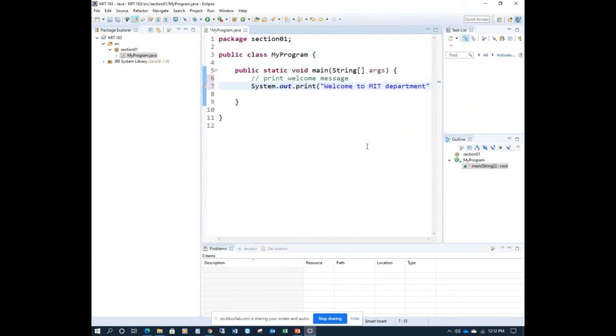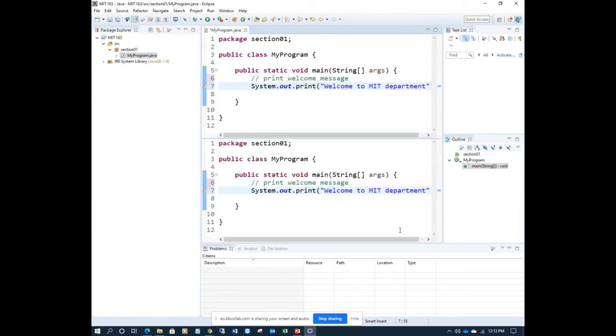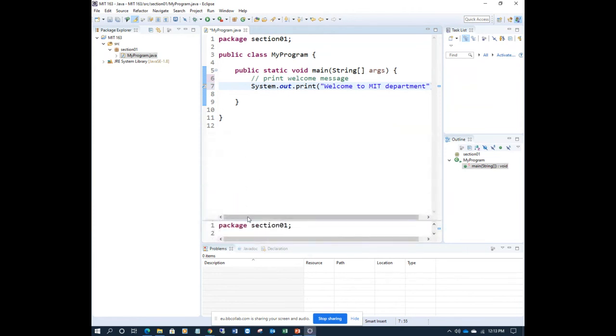Just let me enlarge the screen. Control Shift plus.